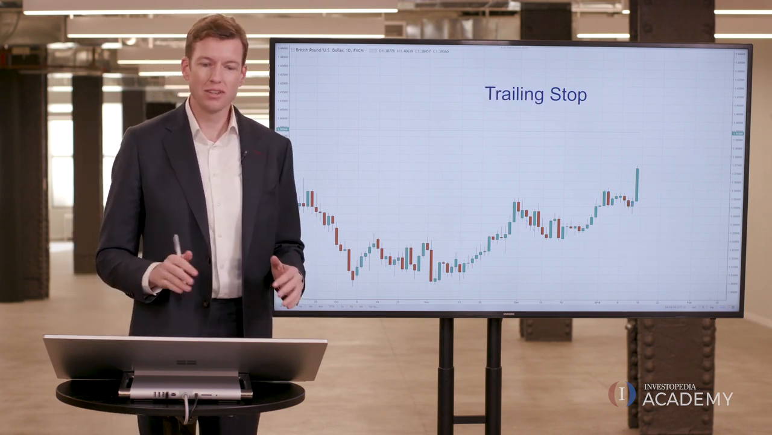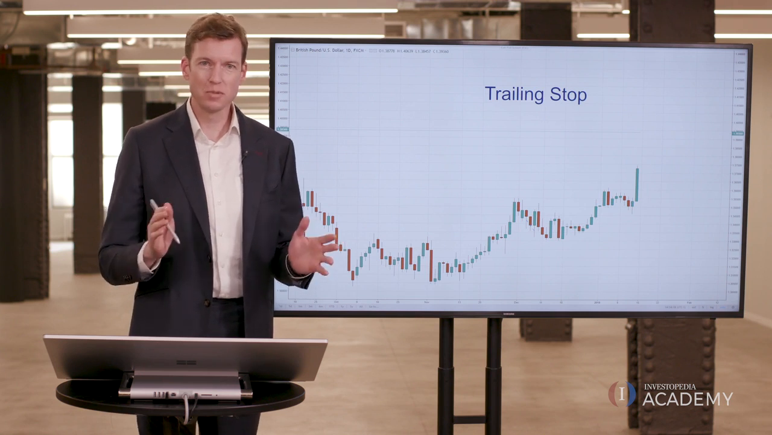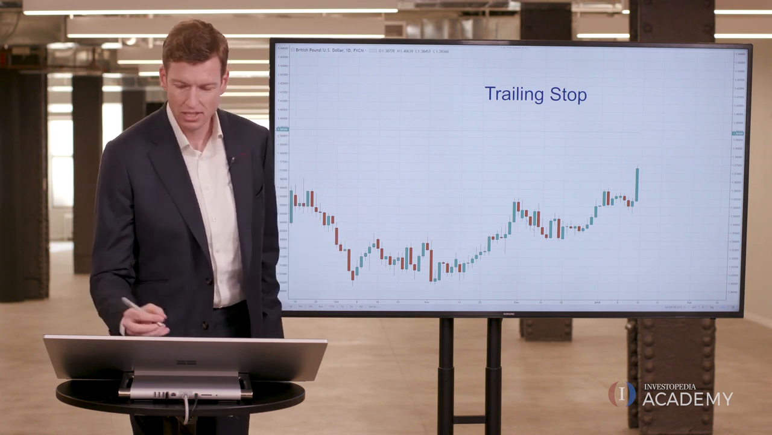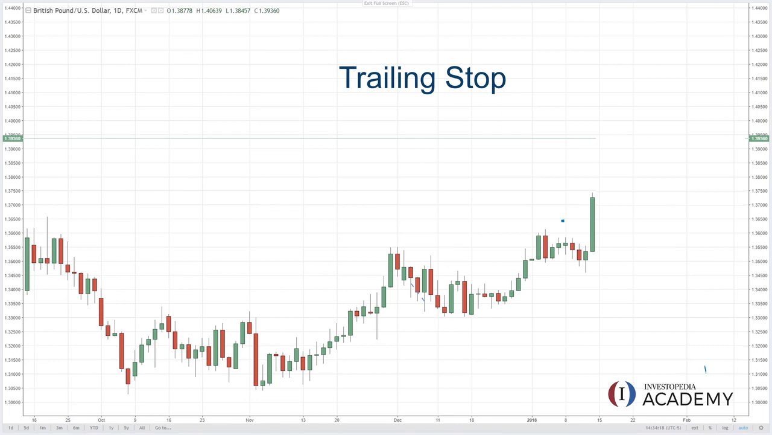Now, trailing stops are very popular and they have some specific uses. So again, let's repeat our example. We've got a trader who got in at 136.50 and they may set some kind of a stop loss. Maybe they are willing to give up 100 pips. So they've put in a stop loss down here at